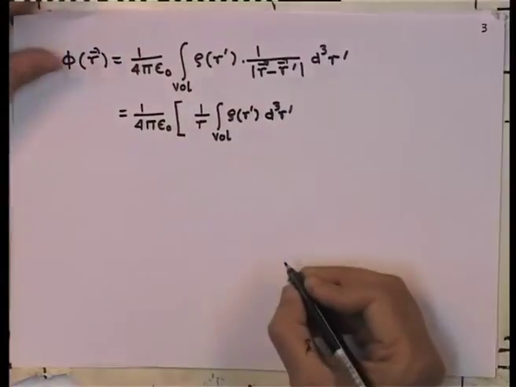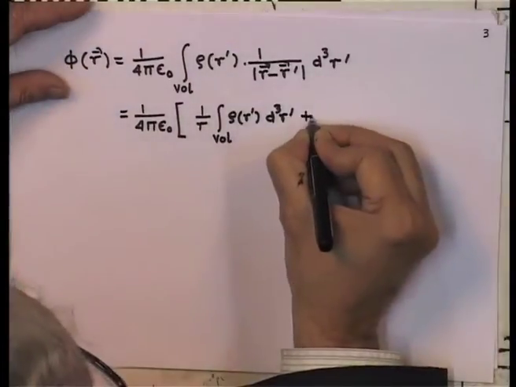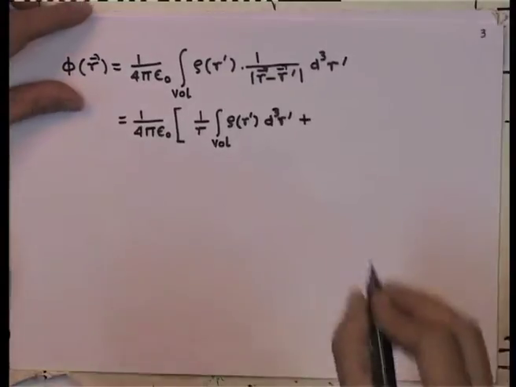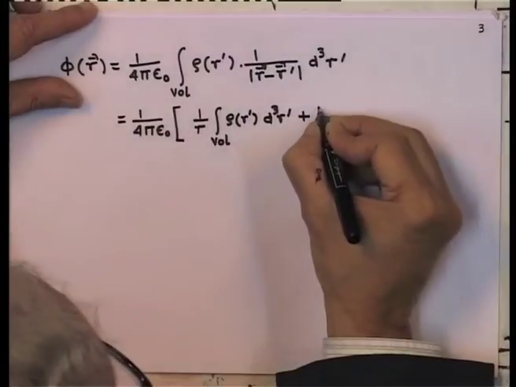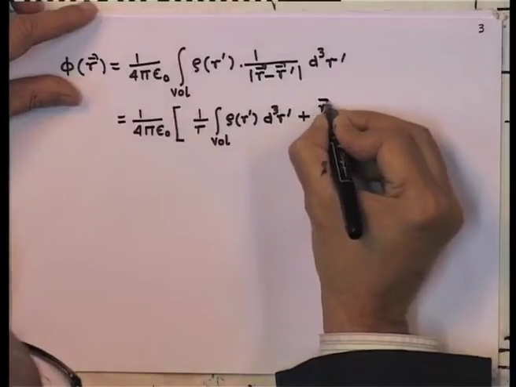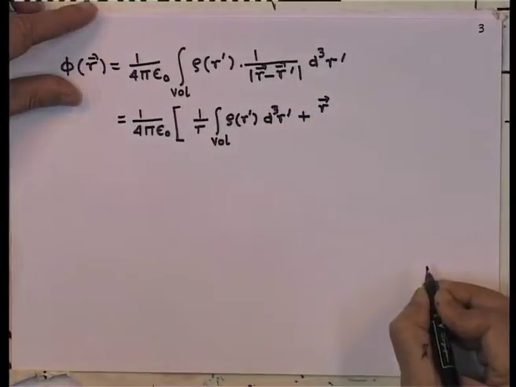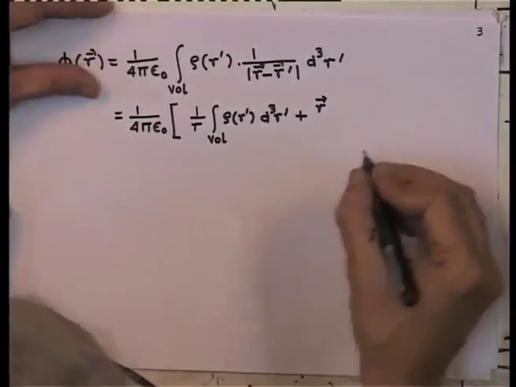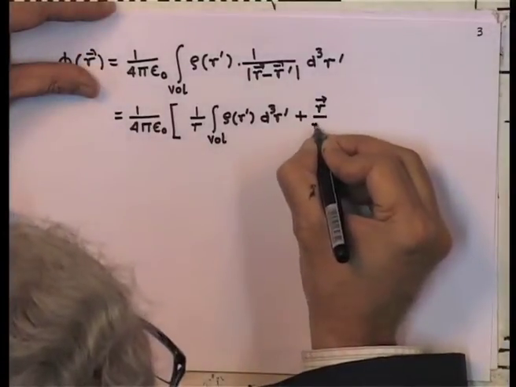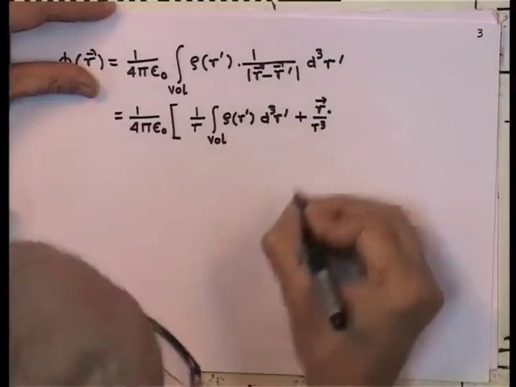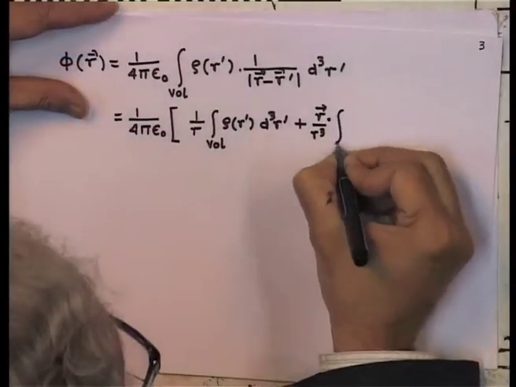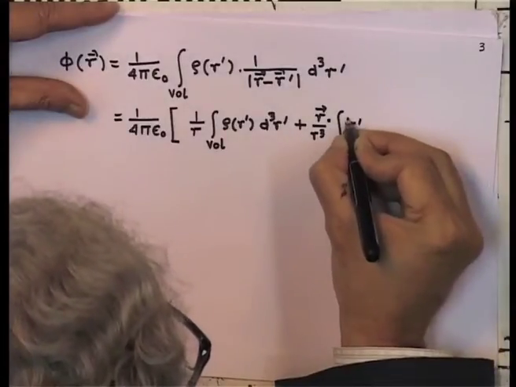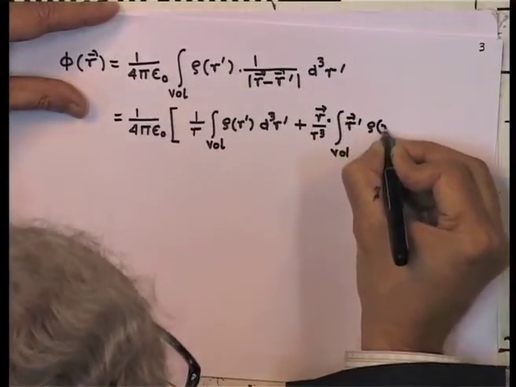Now, in the second term we notice that we had a dot product. We said it is r dot r prime, but r prime is an integration variable. So, it will go inside the integration and we had r dot r prime divided by r cube. So, let me take the r cube here and put a dot, and the integration over the volume of vector r prime, rho r prime d cube r prime.